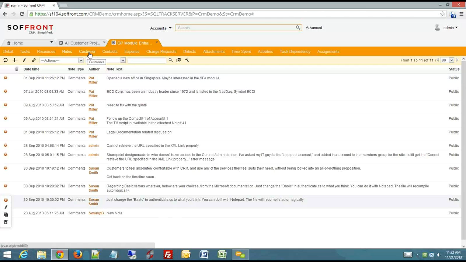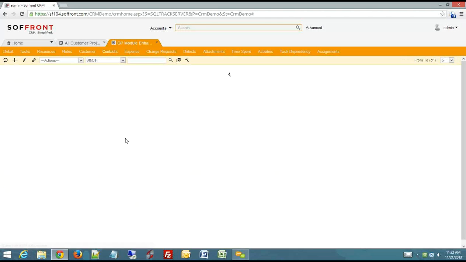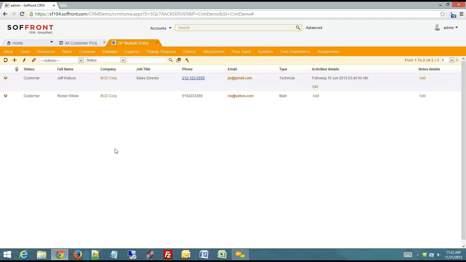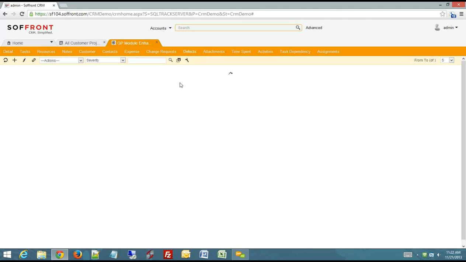We have tabs about customers, contacts, and so on. In addition to all of that, we have information that we can track about defects which are associated with this project. So we have a defect tracking module which is fully integrated to the project management. So if you are managing technical projects or projects which may have defects, development which might have defects, manufacturing which may have defects, you would be able to track these defects down and track the entire cycle of that defect,